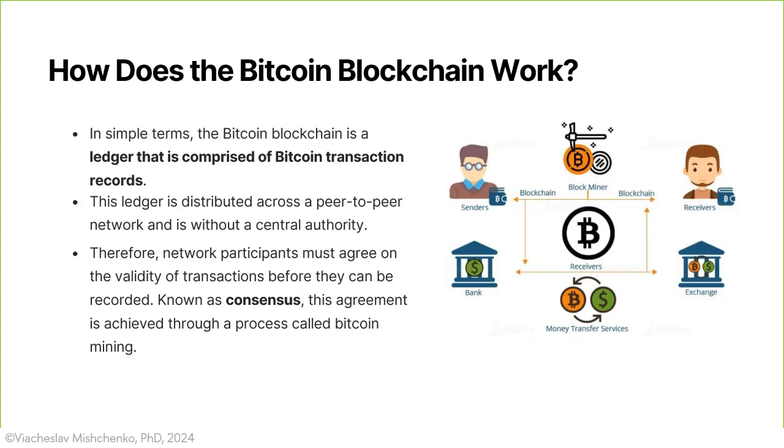I'm often asked about the role of traditional financial institutions here. As you can see in the lower part of the diagram, while banks and exchangers are part of the ecosystem, they are not controlling the transaction process. Otherwise, they are interfacing with the blockchain network just like other participants. And the money transfer services shown on the bottom here represent the practical application layer where Bitcoin can meet